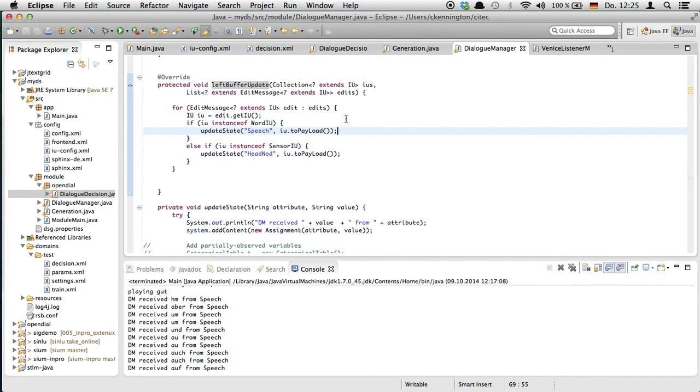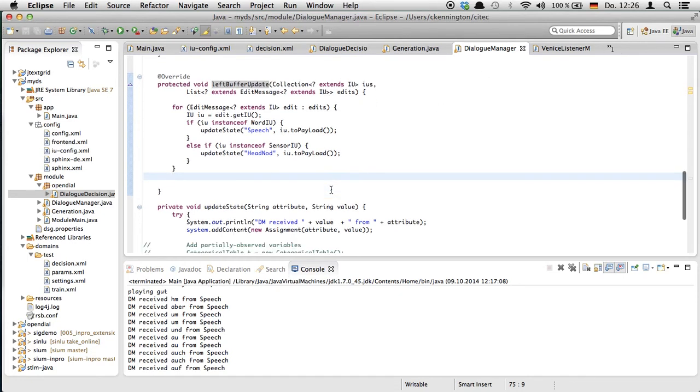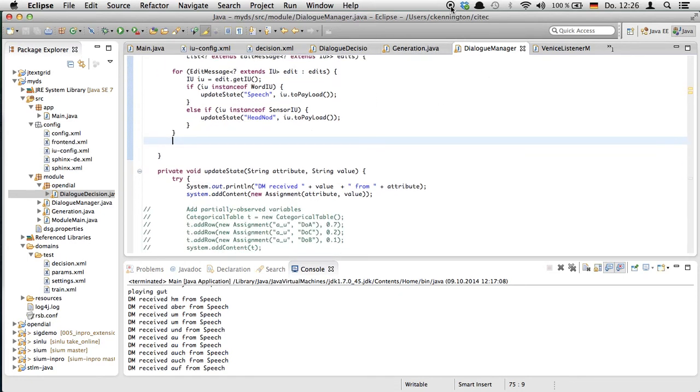This is not the best thing, but like I said, the take-home message for this little intro was to get you to be able to use InproTK and make your own modules in InproTK, and I'll have some later code, or maybe we'll have a later tutorial, or at least a README file that explains how you can hook incremental units to each other. But that is it. Thank you for your